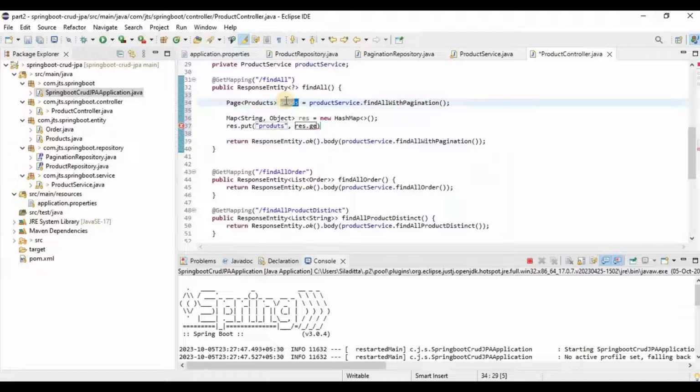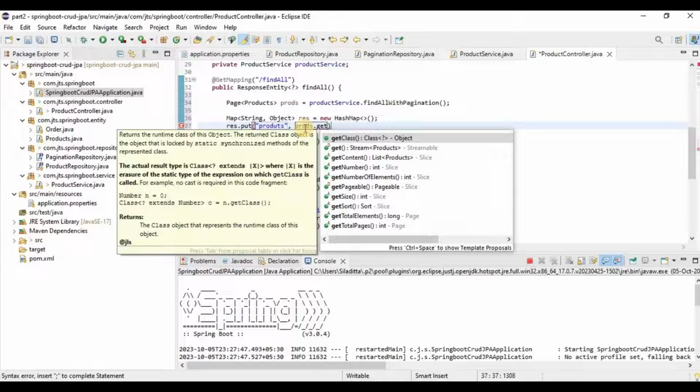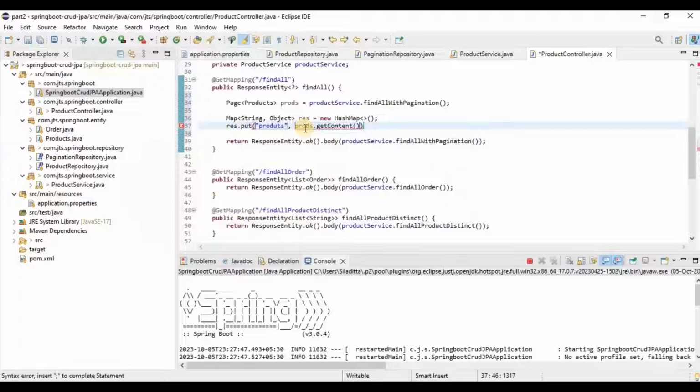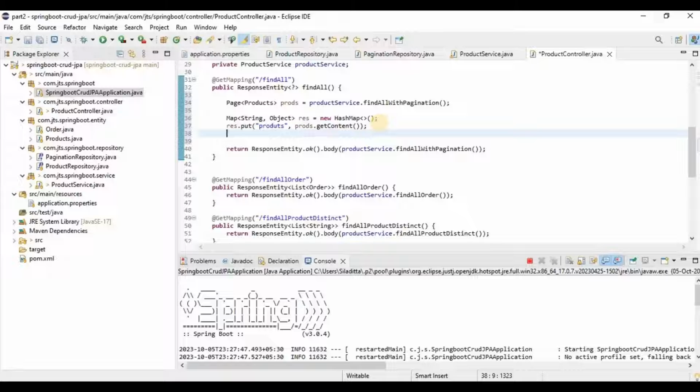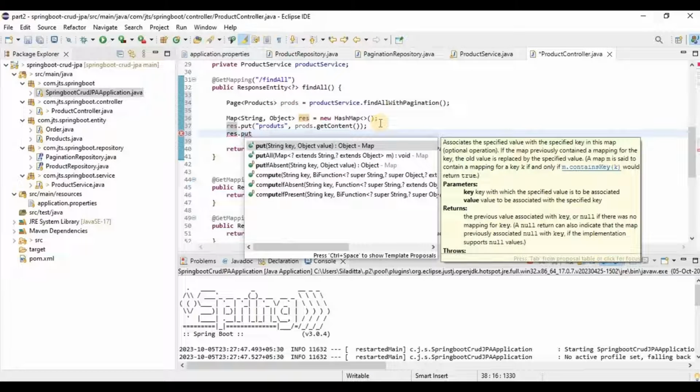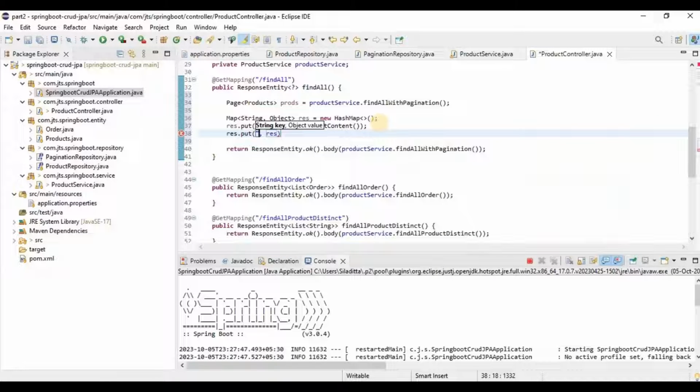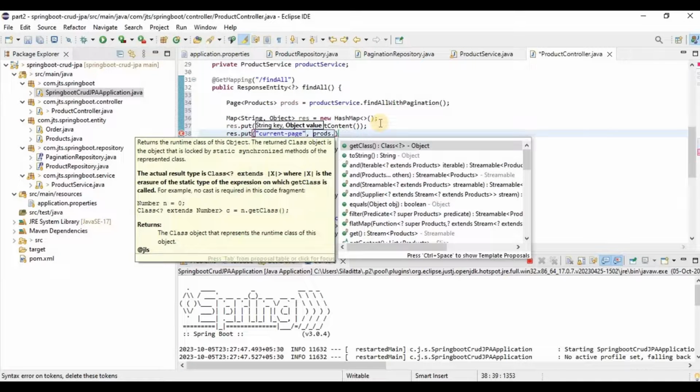Prods, not the response, prods dot get content. Next in the response we can put what we can put over here, like the current page. So for example here we can say current page, and here from this response dot get